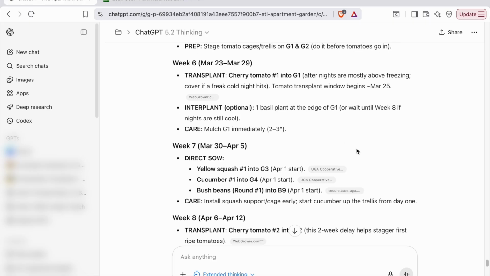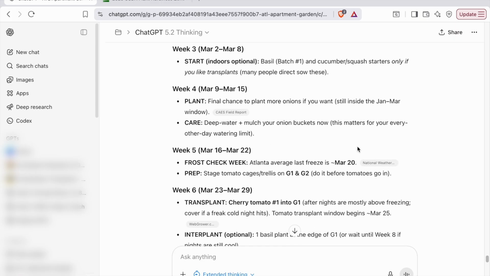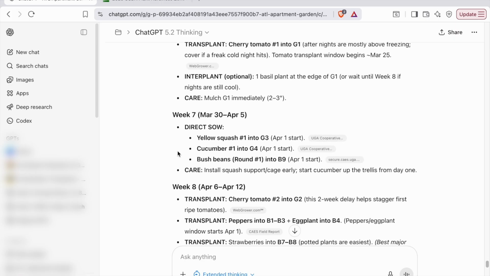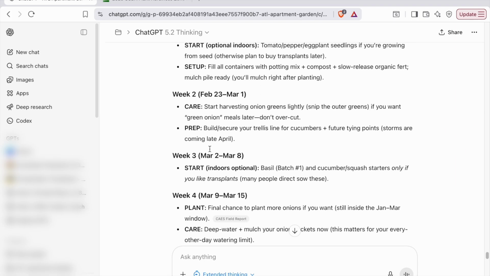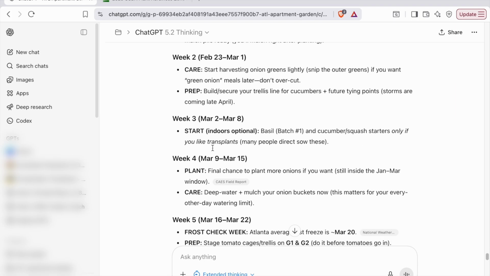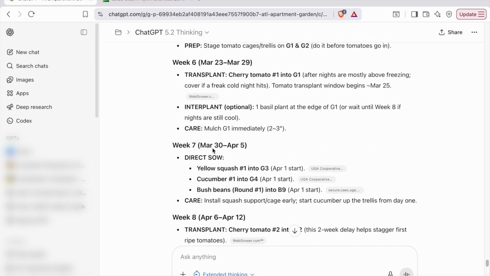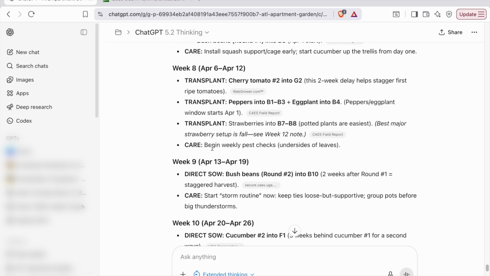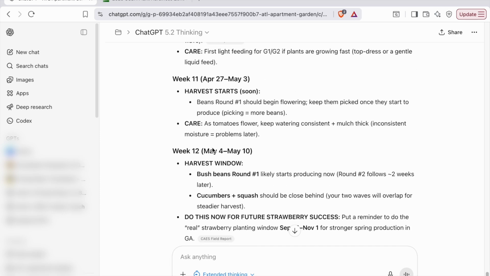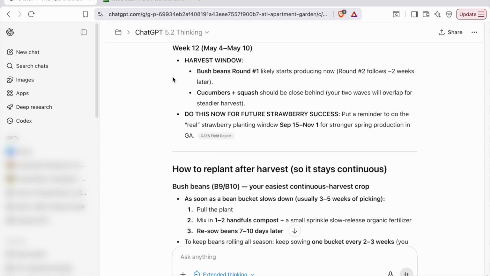It tells us what we can direct sow. So what does better, direct sowing instead of seed starting? Things like cucumbers are probably going to do better direct sown. Not saying that you can't start cucumbers, but a lot of times people just direct sow them as soon as the frost passes. And it's also telling us we can direct sow bush beans and our squash here. And so it's going to give us this window all the way through almost the middle of May here. And it's telling us to remind ourselves to do a strawberry planting window on September 15th